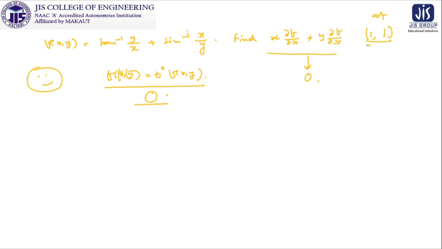So whatever may be the point, this is a tricky thing given to you. As it is coming as 0, the value of this expression at 1 1 or at 1 2 or at 1 3, whatever may be the case, will be 0. Okay, so these are the overviews of the application of homogeneous functions and Euler's theorem for functions of several variables.